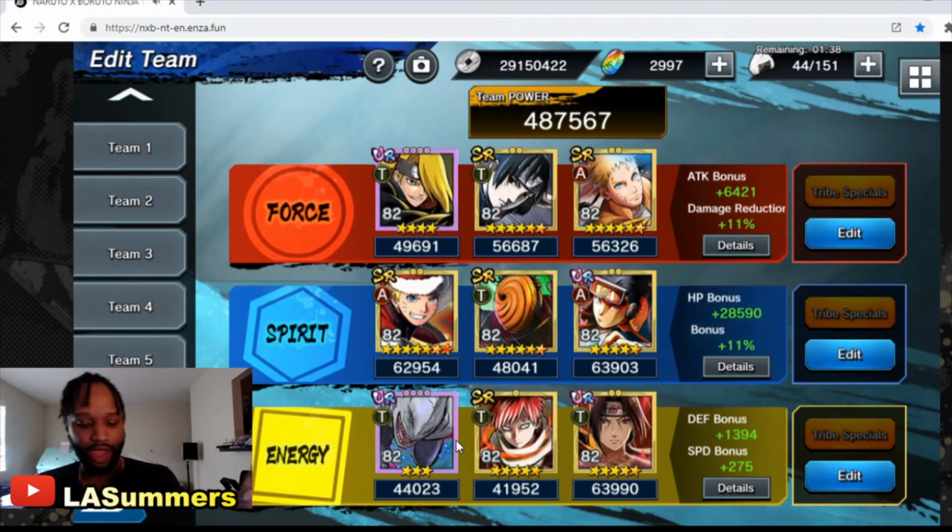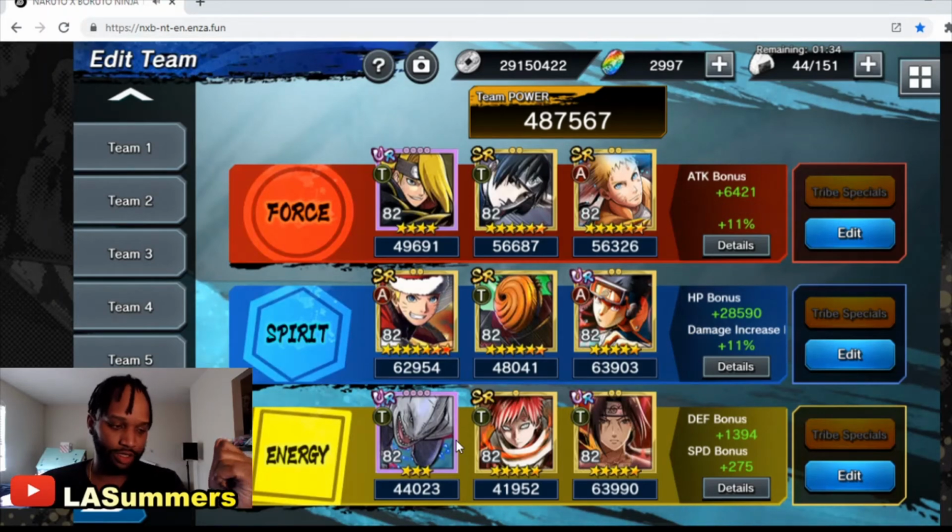So why do we have Kisame? The thing about Kisame is he's going to give us damage reduction rate, damage increase rate, and crit rate for every unit. I want to say for 3 turns, but he's attacking on our energy team the 3rd turn anyway, so for the rest of the battle essentially, right? Now after that, we have